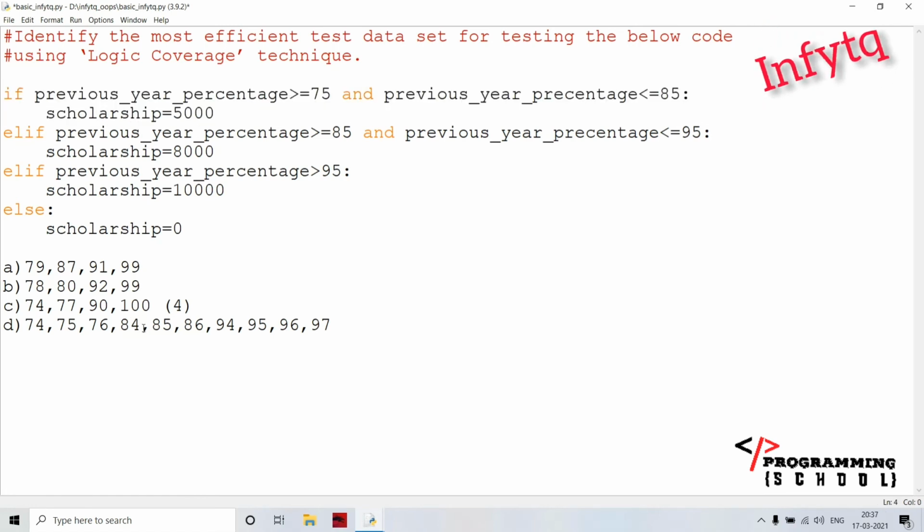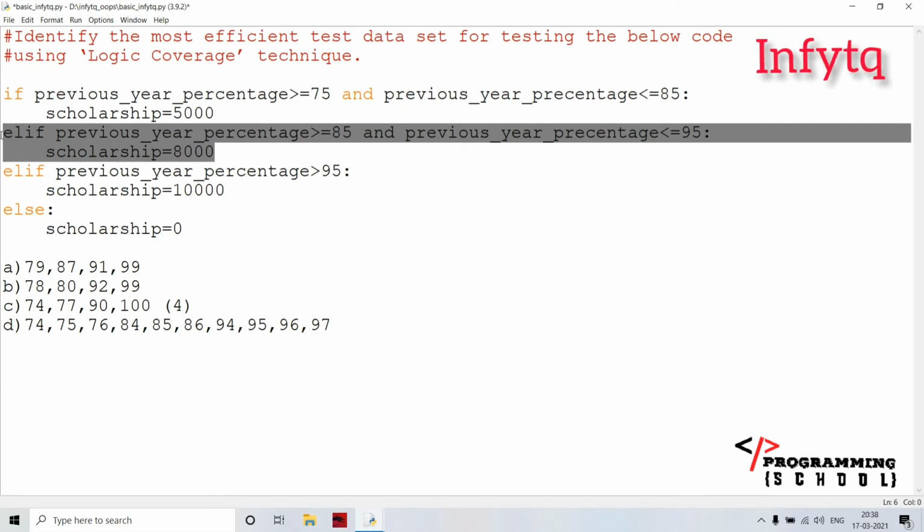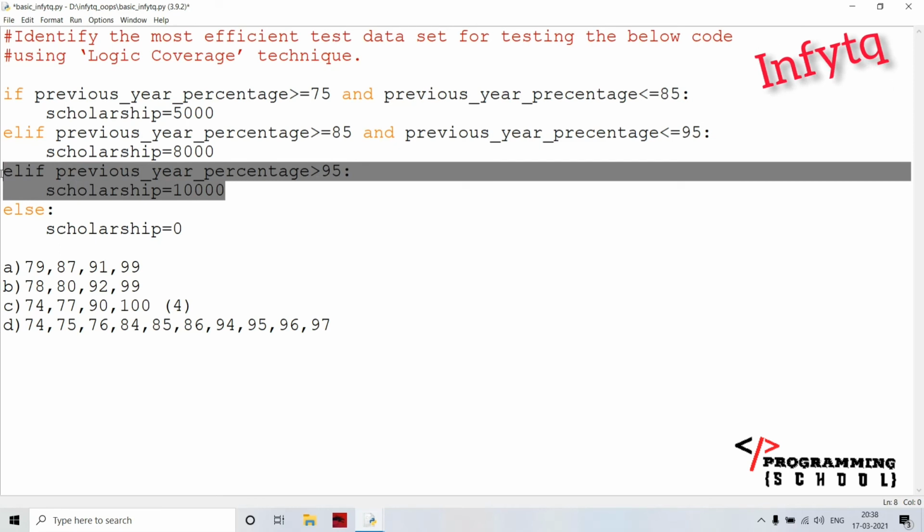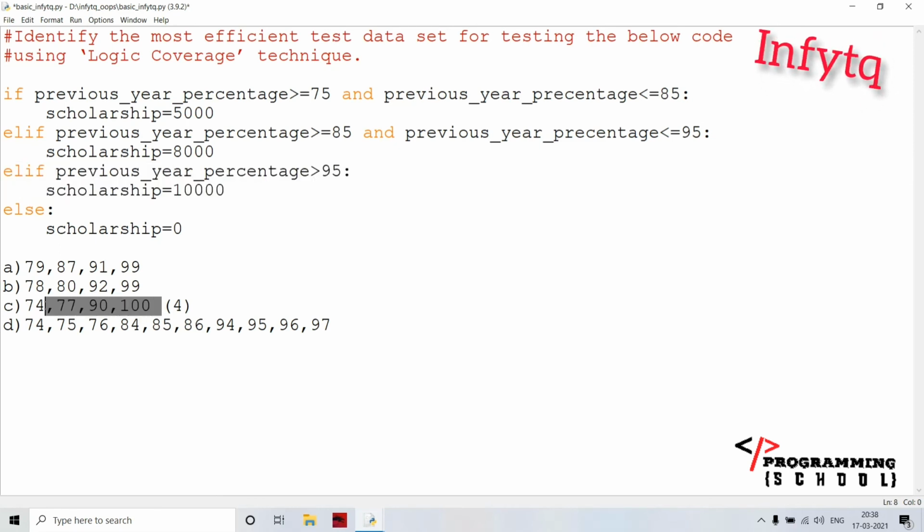How many values am I passing up to now? I am passing 4 values. Okay, from 85, I am going to check this test case. Now how many values am I checking here? I am checking 5 values, but I am not covering this one. That means this is the best option here.